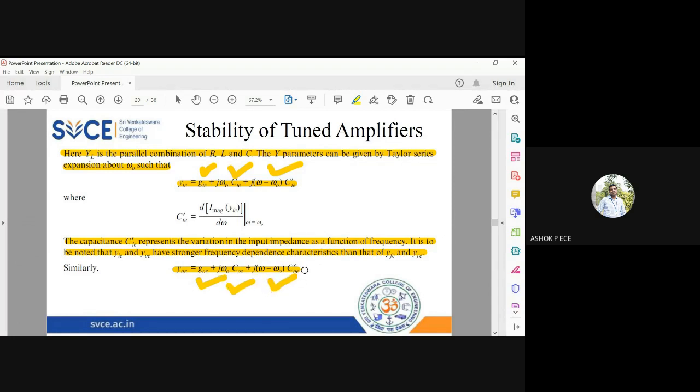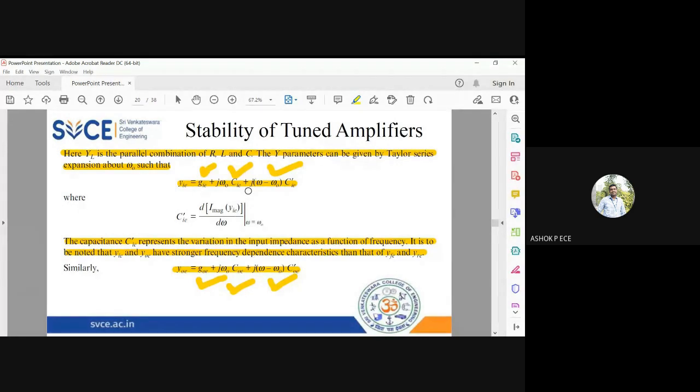Same way, it will have an infinite number of terms, but I am stopping with three terms: the DC term, the first fundamental component term, and the second term, which deviates from the frequency omega naught. It is (omega minus omega naught) into C_OE dash, and dash means differentiation. I'm going to differentiate the Y term with respect to d omega. That is how, mathematically, the Taylor series terms will be differentiations as you progress. So the first term is DC, and the second term will be your actual